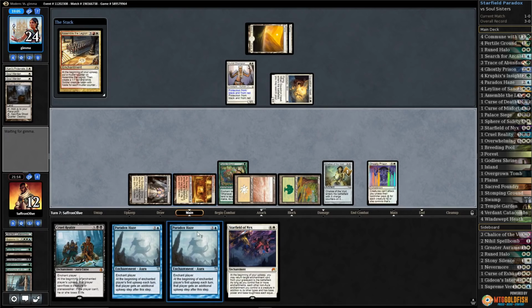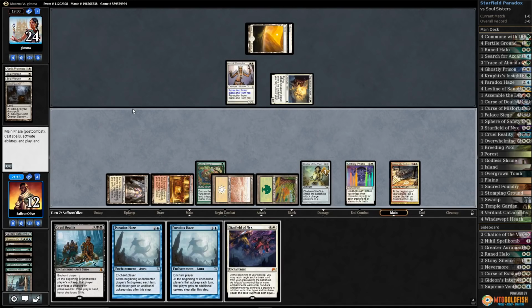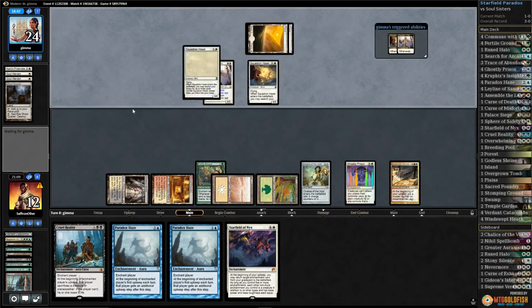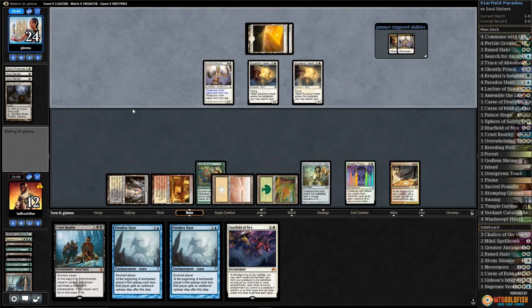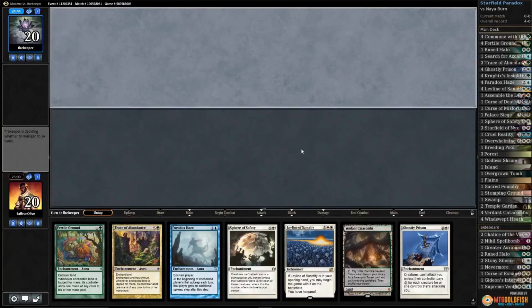Assemble into double Paradox Haze next turn. I guess it's going to gain our opponent a bunch of life, but that's fine. Opponent runs out his Squadron Hawk, gains some life, and scoops it up. Oh, we got him. We got him. Not bad, not bad. All right, against the odds time, playing some Starfield Paradox in Modern,